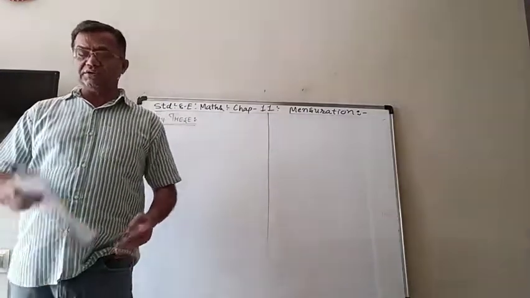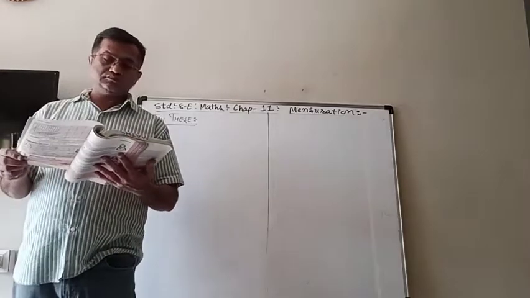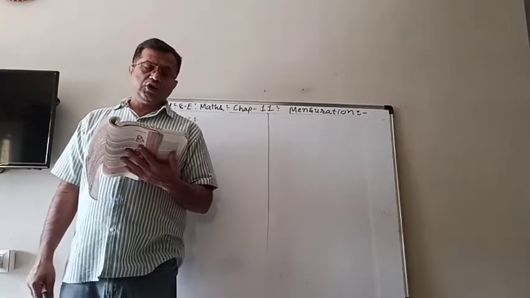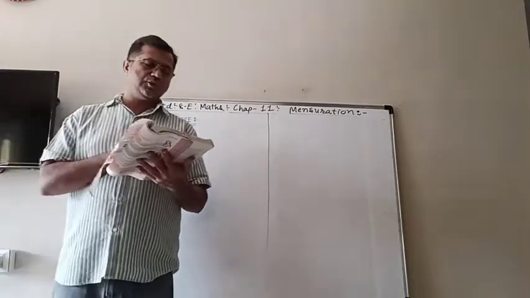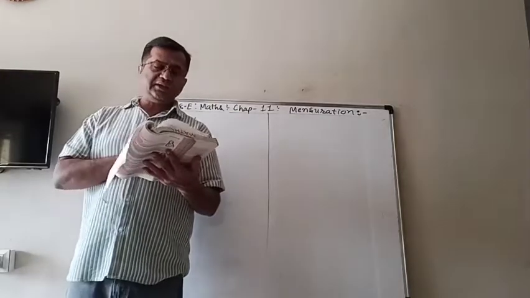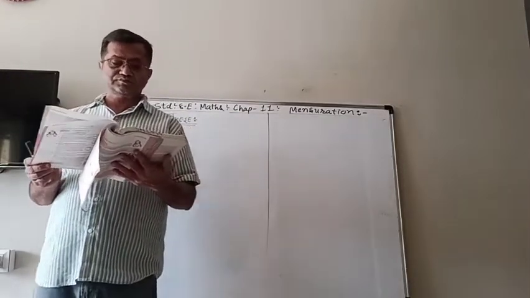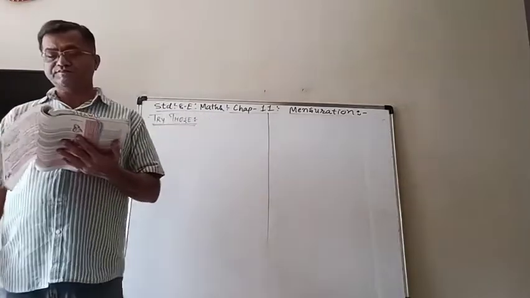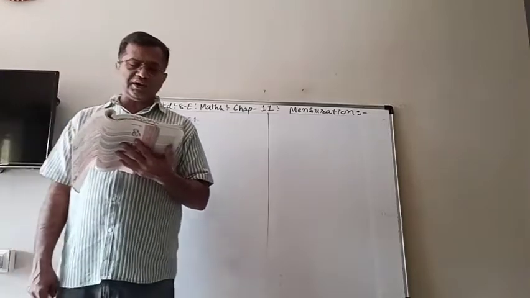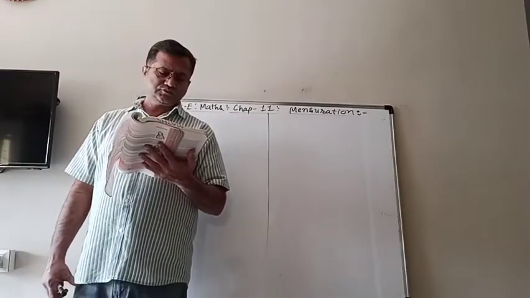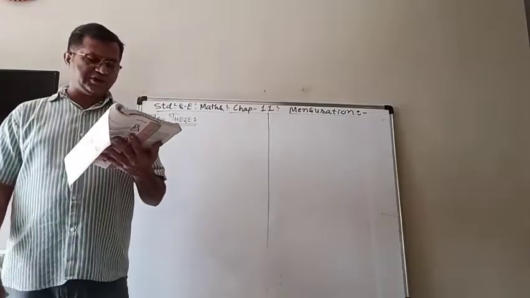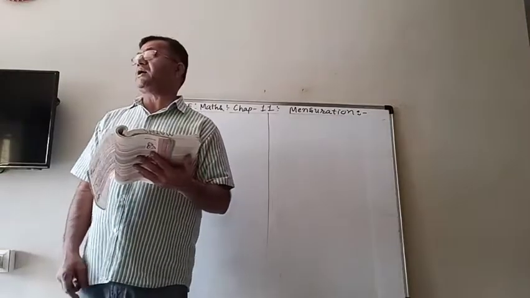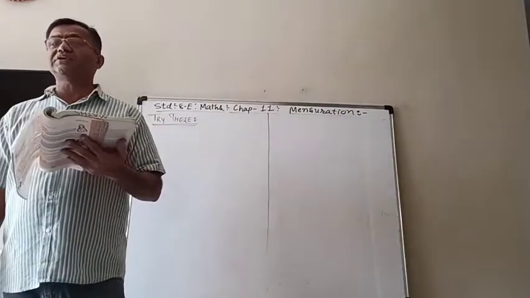In that chapter we saw the surface areas of the cubes, cuboids and cylinders. We saw the total surface area, lateral surface area, and how to find the cost of painting, etc. Now in last session at the end, we wrote down